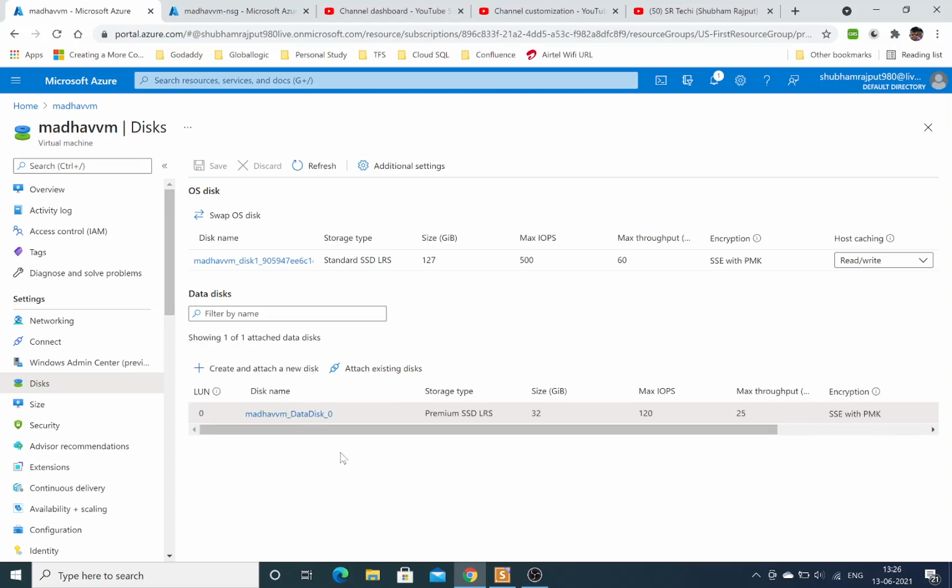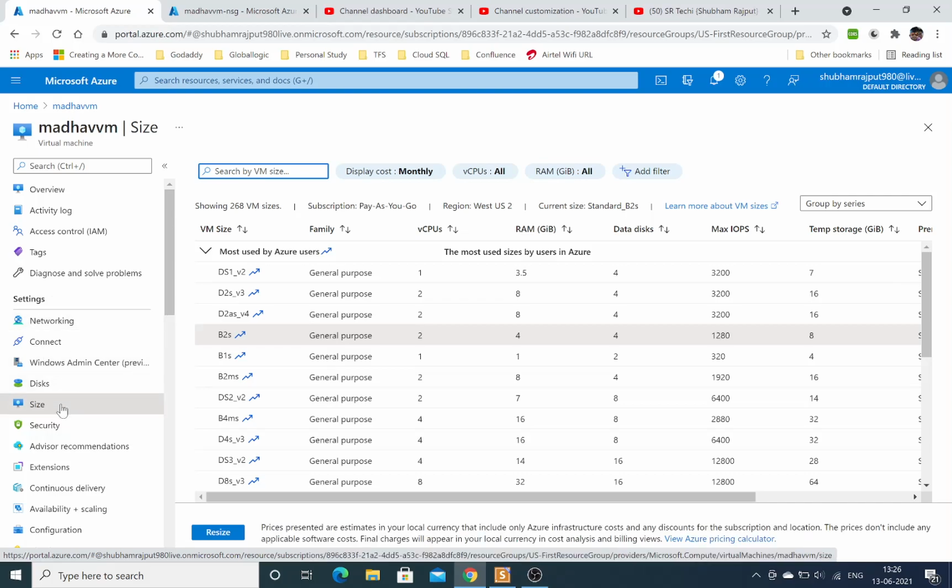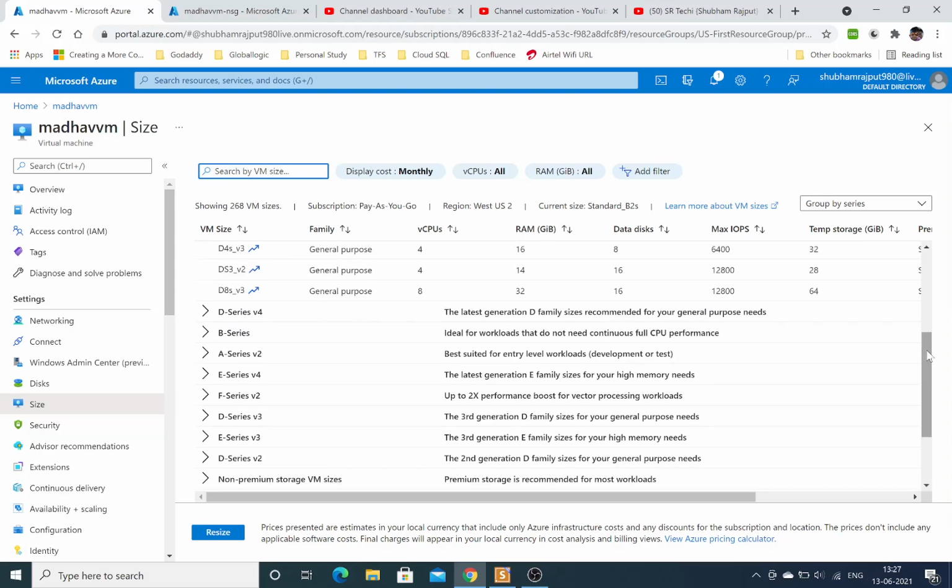Sizing, yeah, this is a good feature. Basically there are two ways to change your infrastructure: horizontal scaling and vertical scaling. I will tell you in detail in an upcoming video, but in the current one I'm just telling you that you can choose any other infrastructure which you want.